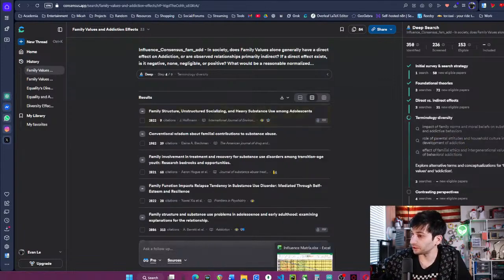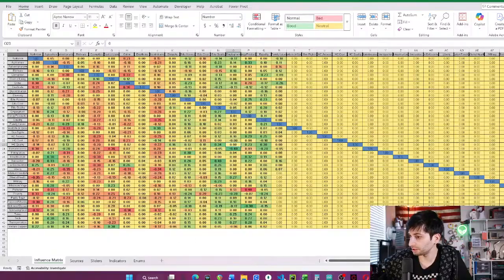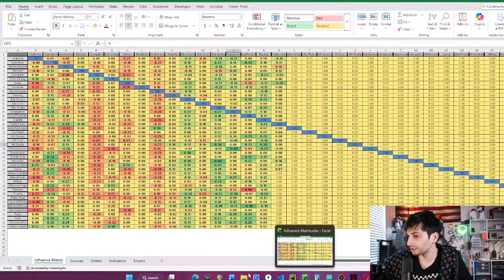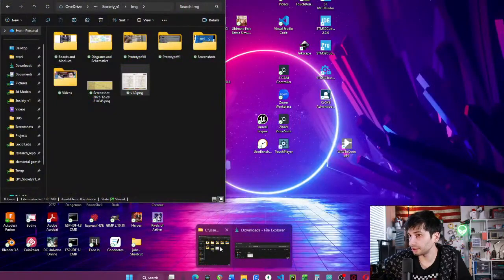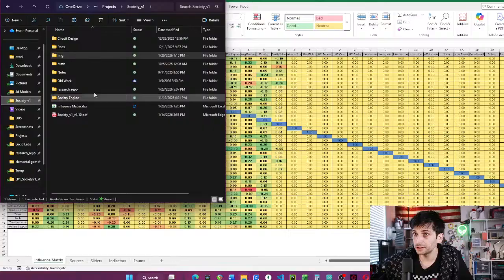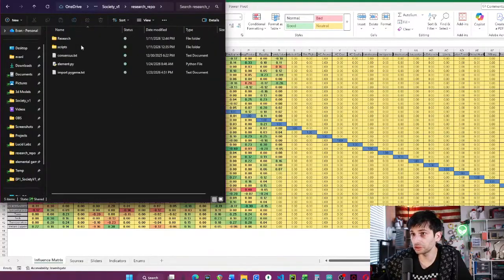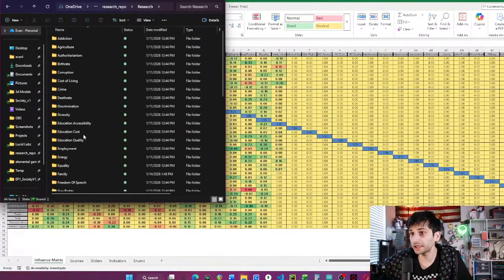And I guess we wait for that. Go through here. Let's see if I can find an example of some more notes. So here's the research repo that I'll put on there. And I also got a